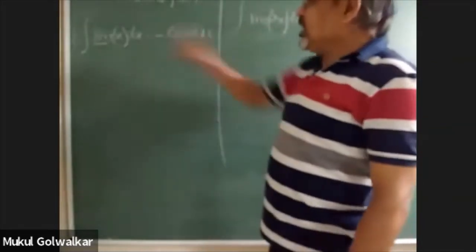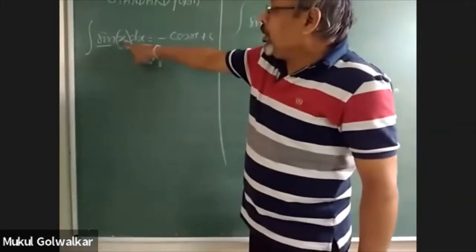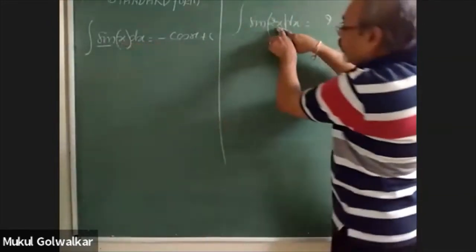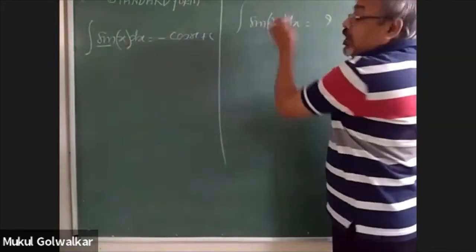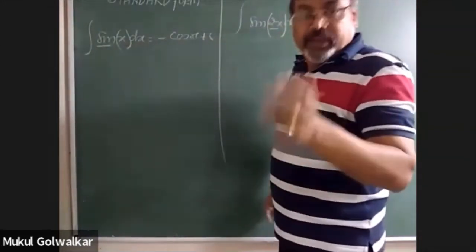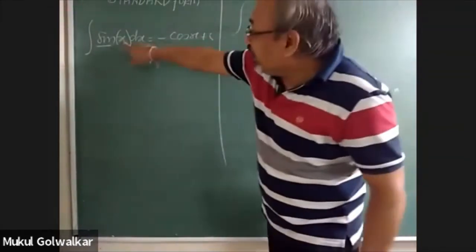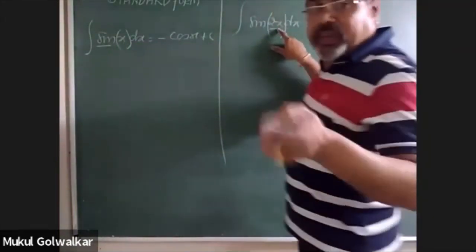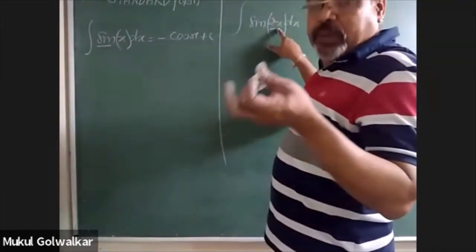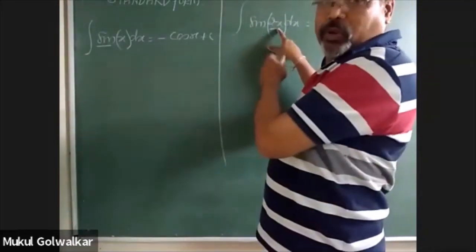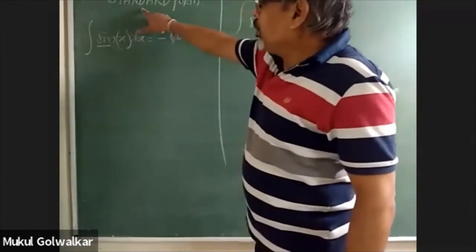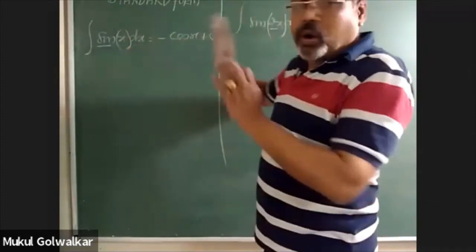And what is the difference? That in the standard formula, the variable is x, and here in place of variable x, I am getting this quantity 2x. Means in place of getting the variable over here, I am getting the function of variable. Function of variable means some other operation has been already performed on the variable. Okay. So now I tell you one thing, that this is the standard formula.